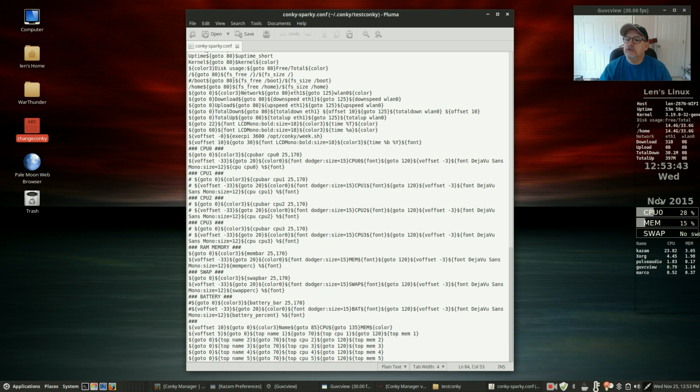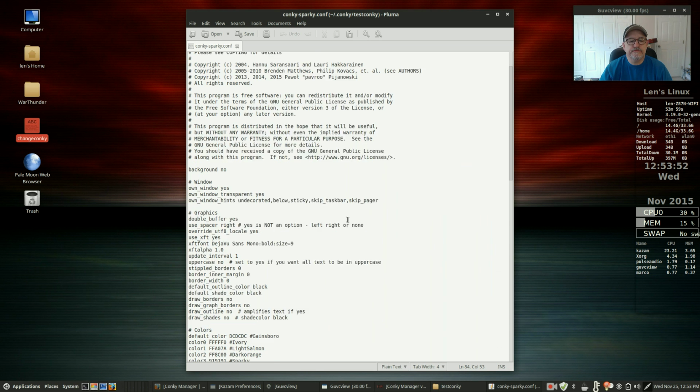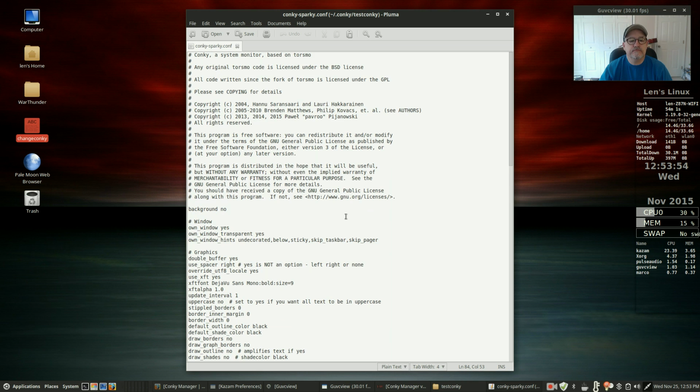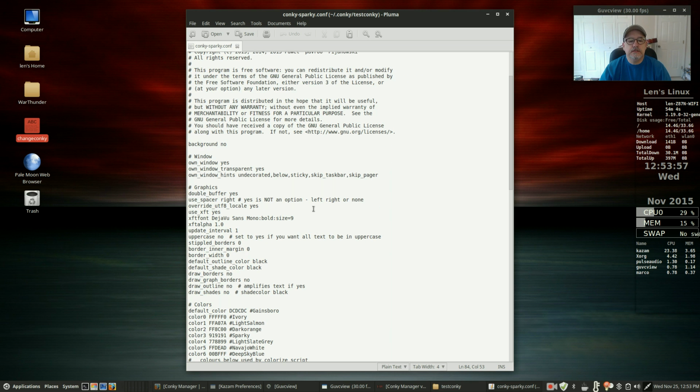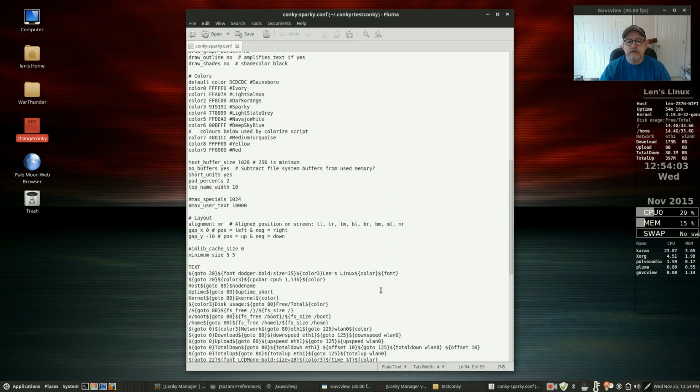So let's say I wanted to change the gray on Lens Linux. Well, let's see if we can find the color. It's referencing color 3. Now, let's see if there are any other references to color 3. That's right here. You see color 3? Now, right now, color 3 is